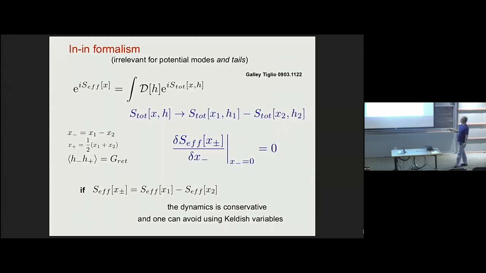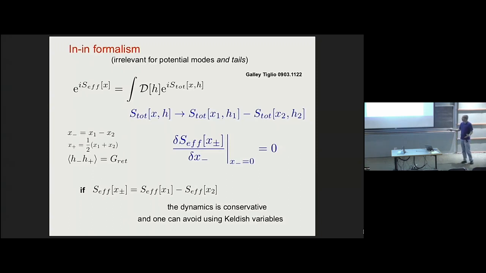It's not that Galley invented them, but he applied them first to this system. So basically, when you derive your effective action, as in the in-in formalism, you have to first double your degrees of freedom. Then you do your thing, that is, you integrate the action, you do your Feynman diagrams, and whenever you have a plus-minus propagator, it is a retarded propagator. Then you do your computation, and the object you obtain in the end is the effective action in terms of plus-minus variables, which is just a rewriting of the 1 and 2 variables.